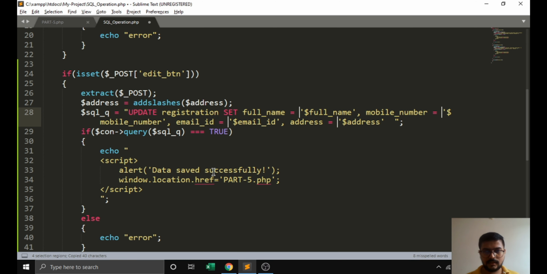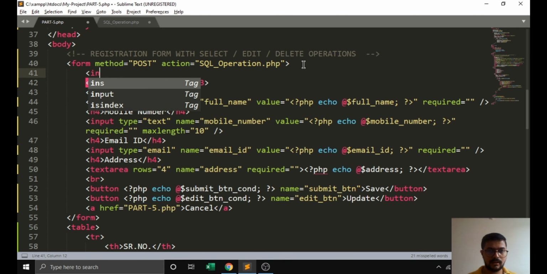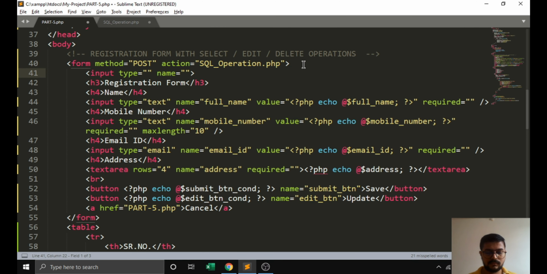We have to pass this like this, and only one change we require here. We need one input type hidden also. This input type will work as the ID with which we update the record.